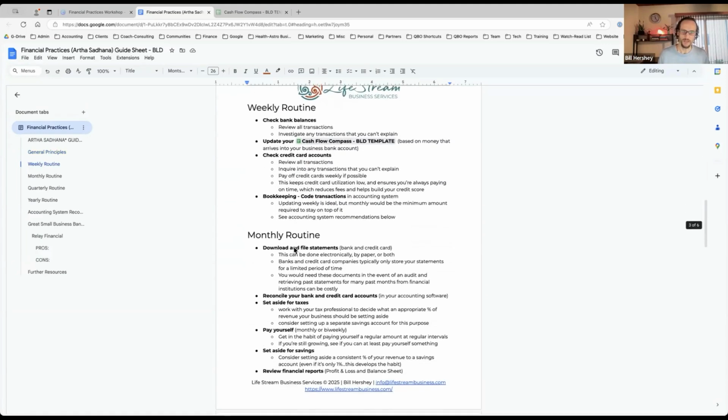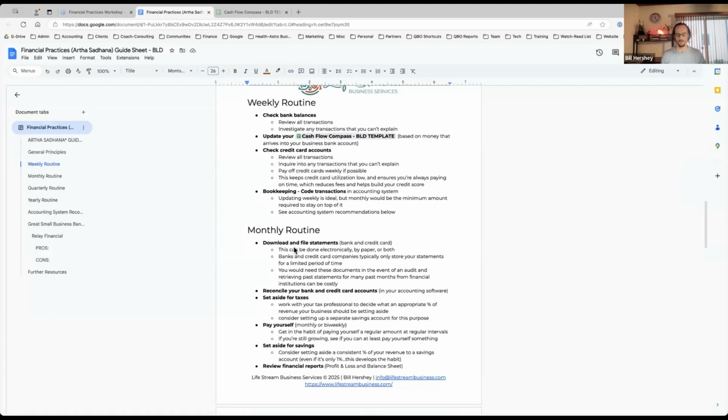Okay, so let's get into the routines themselves. Just the same way that we have routines for when we wake up, we have routines for eating, we have routines for going to sleep. And for those of you in the health practitioner world, especially Ayurveda folks, routines are really vital for maintaining health.